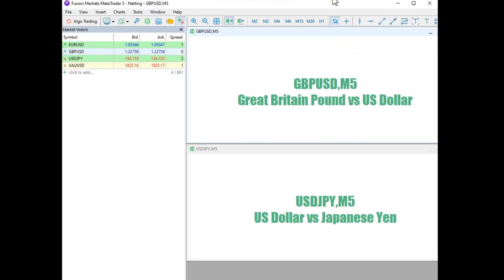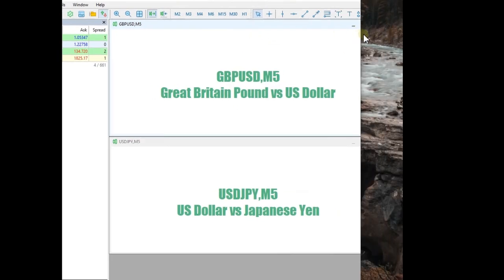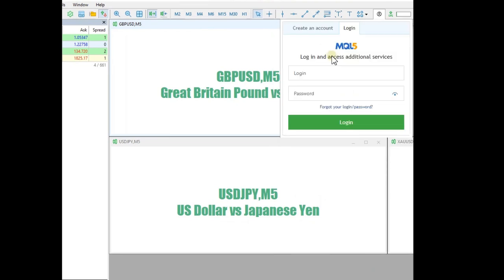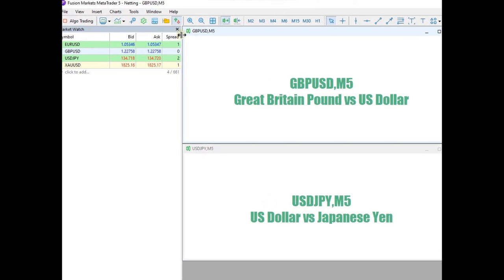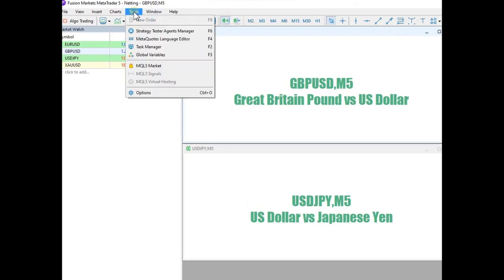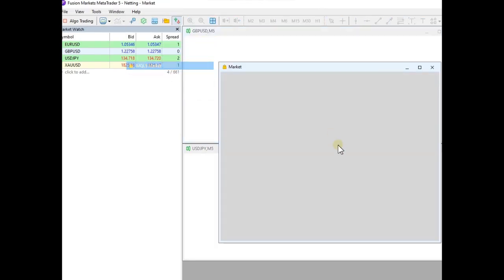Logging into your account in the top right. Click up here. Log in, do your password. That will get you to the market. If you don't have that login, you won't be able to download indicators or algorithms. So once you hit market,